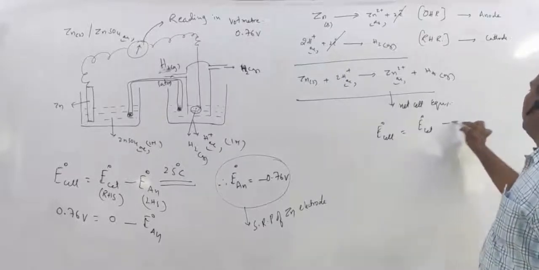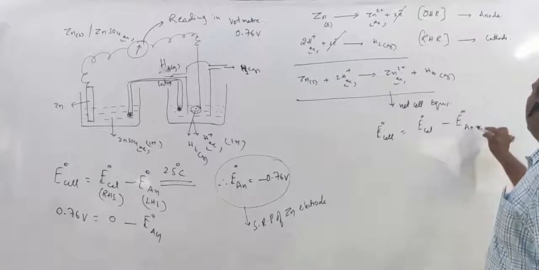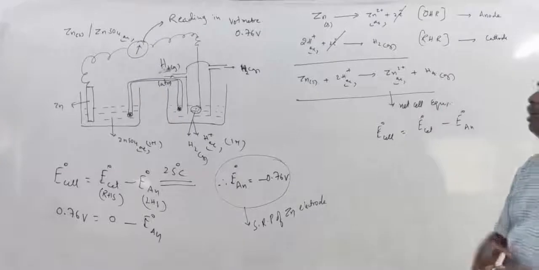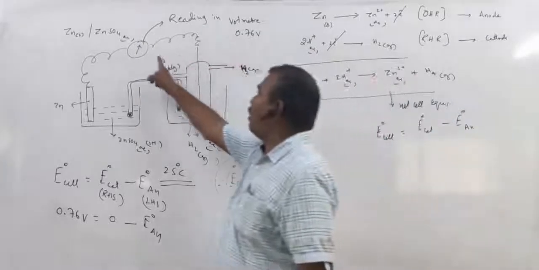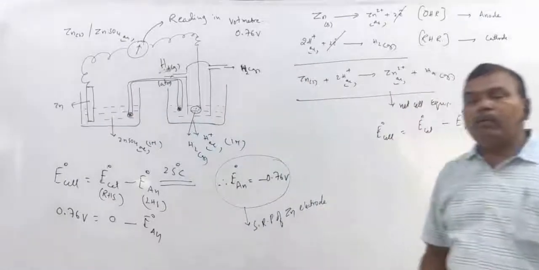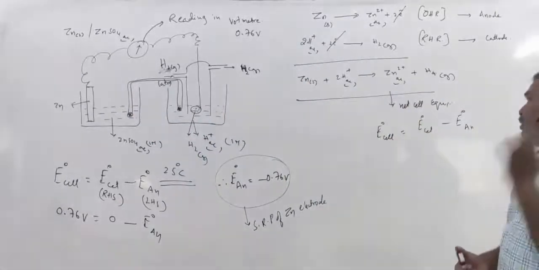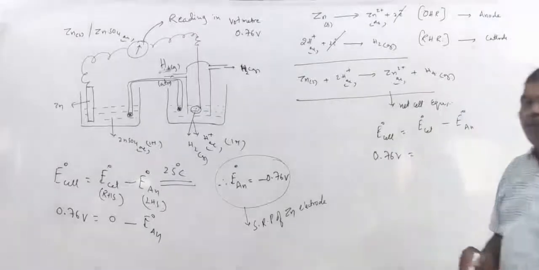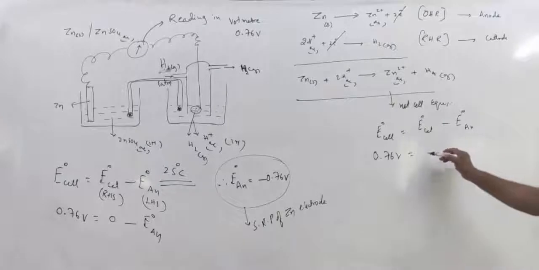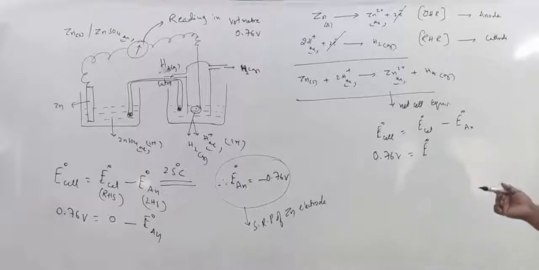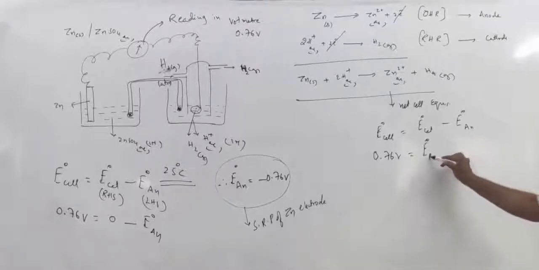What is the E naught cell value we got? This is obtained from the reading in the voltmeter. What is the reading obtained in the voltmeter according to experiment? 0.76 volts. What is the cathode? Hydrogen electrode is cathode. So you can write like this also, E naught cathode, reduction reaction, is it not? So platinum